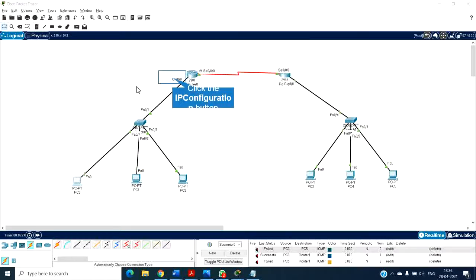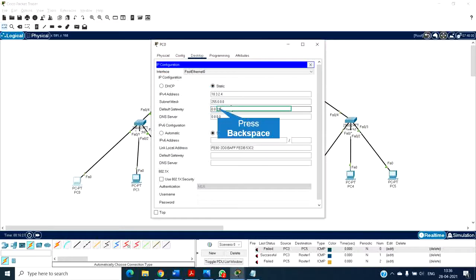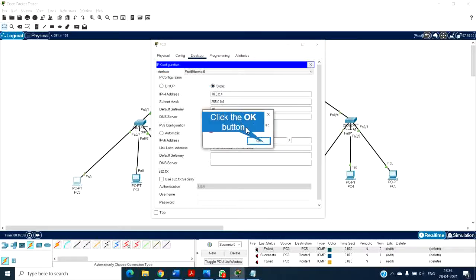Similarly for PC0 also, let me configure, because for the second scenario I will have to make changes there. I'm doing it now itself.